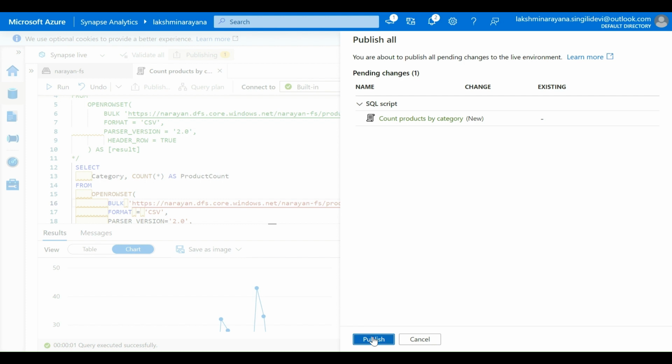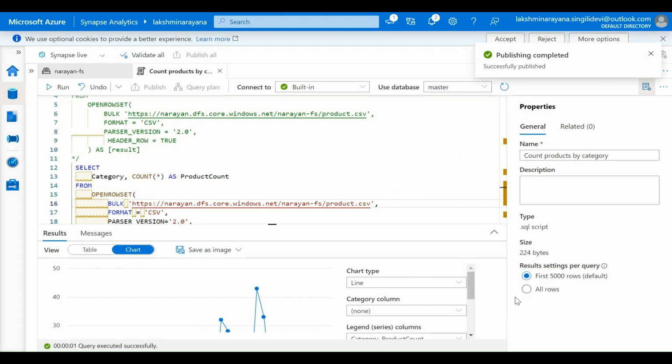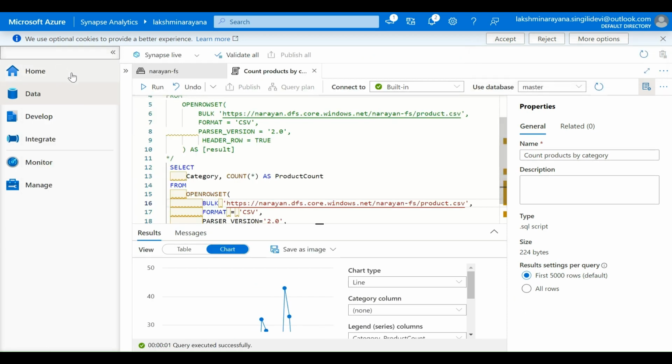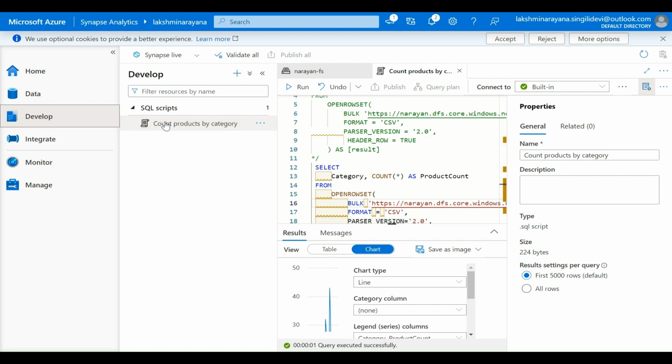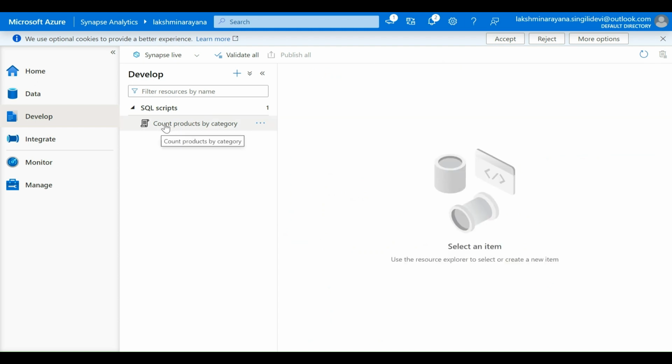Now publish. It's still publishing. Just wait for a few minutes. Yes, it's publishing the data. Now let's expand this page. Now go for development. You can see whatever the data we have, just close this. Whatever data we have saved in the data set is stored here in this